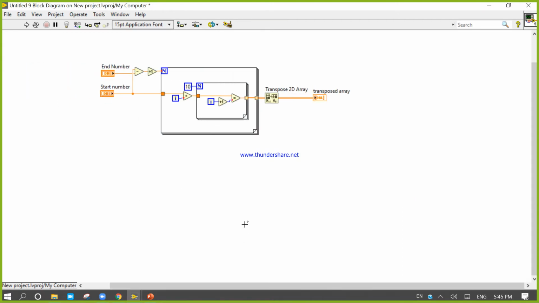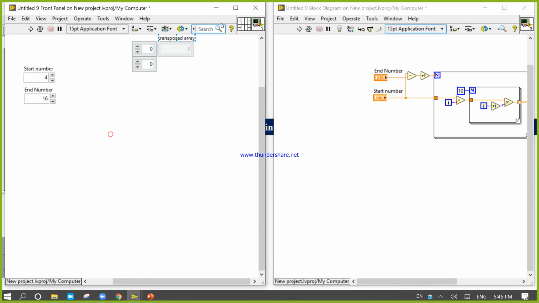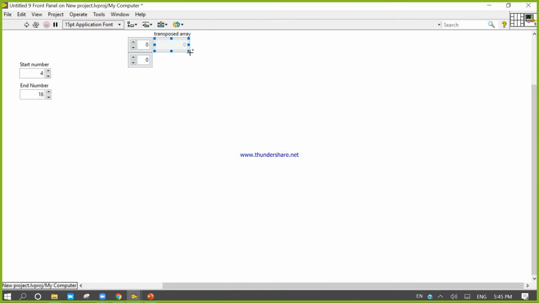So now our program is ready to execute. First we need to check our inputs and outputs.